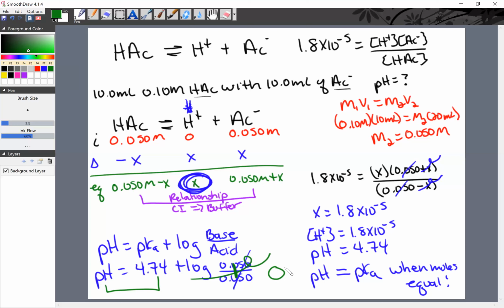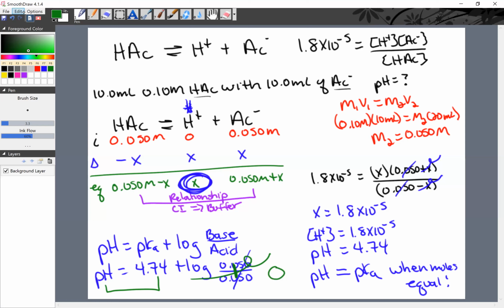But you have to recognize that it is a buffered solution, not just a generic common ion solution. It has to be a buffered solution. And if both pieces, the acid piece and the base piece, have the exact same number of moles, which means they have the same molarities, then the pH is the same as the pKa. All right,